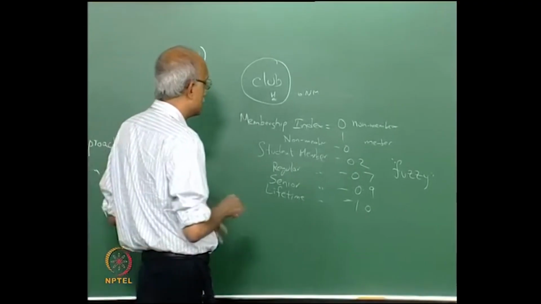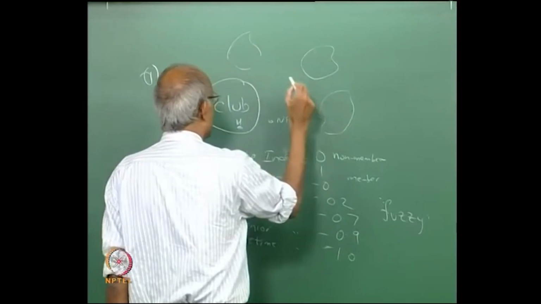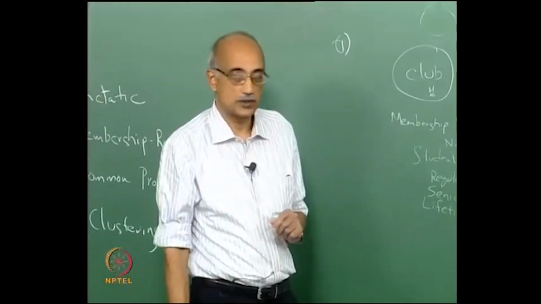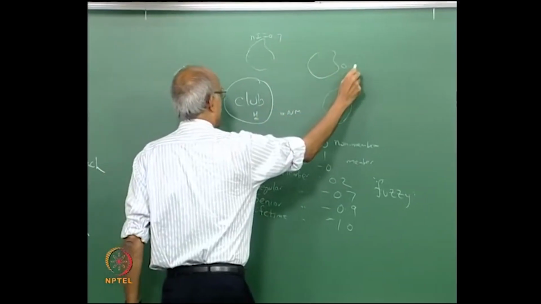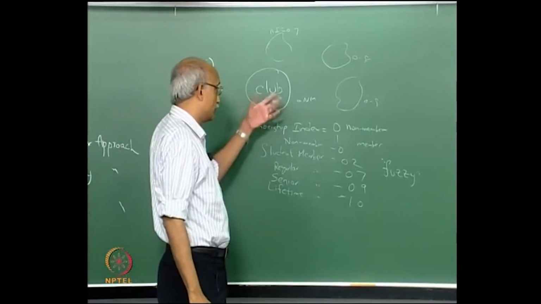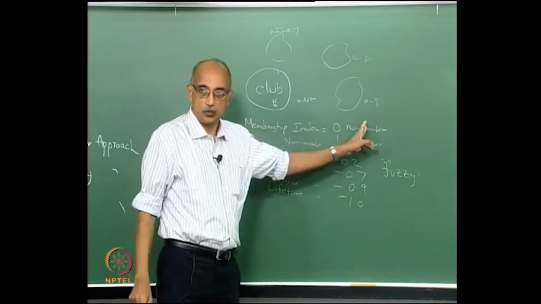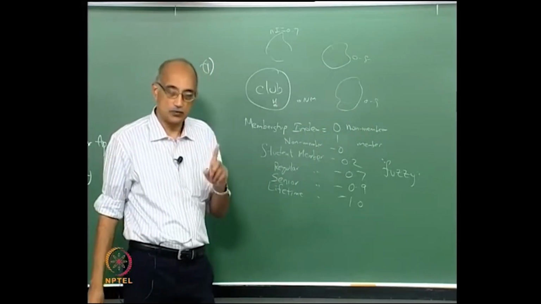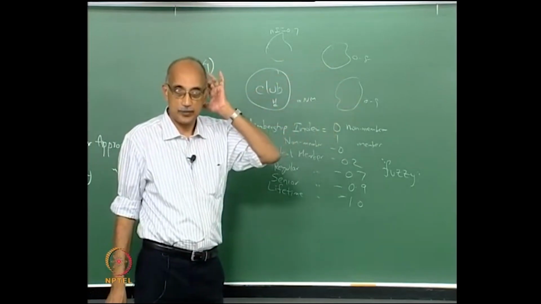So, let us say again that you have multiple shapes that you are comparing to, and you compute this membership index for each of these candidate shapes. And let us say that the membership index here is 0.7, here it is 0.8, here it is 0.9, and so on, right. So, once you have done this exercise, what do you conclude? This shape is more likely to belong to the one which has the highest membership index, but you do not have to stop there, because then what you do, take the two shapes that have the highest membership indices and